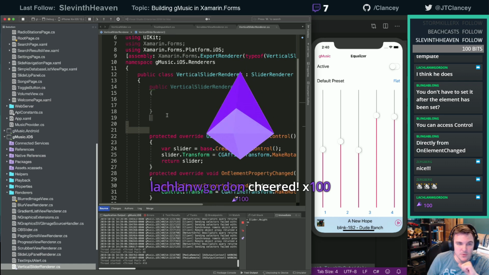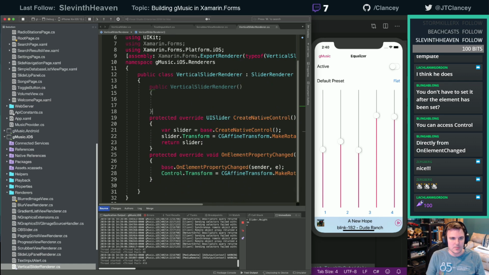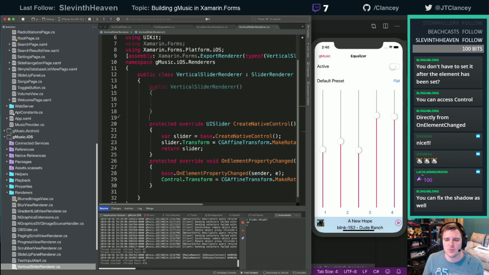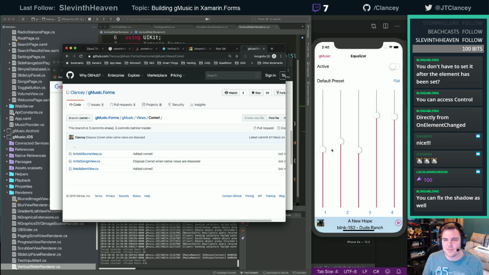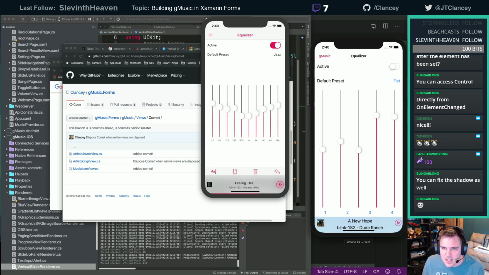We now need to do it for Android. And I've never rotated any controls on Android. Yeah, I need to fix the shadow. Actually, is that? It did it! The shadow matches my rotated one. I think iOS actually does the shadow dynamically now. I didn't have to. I used to have to because it used to end up right over here, which just looked funny. But that shadow's right.